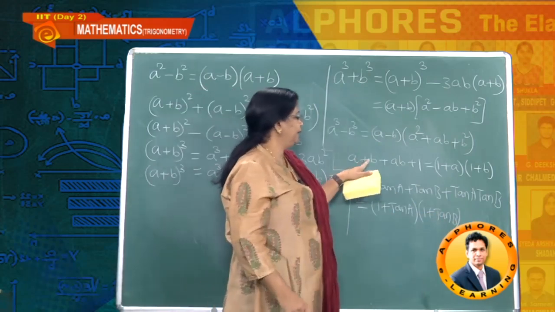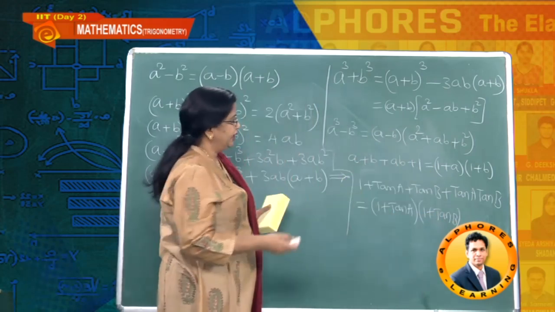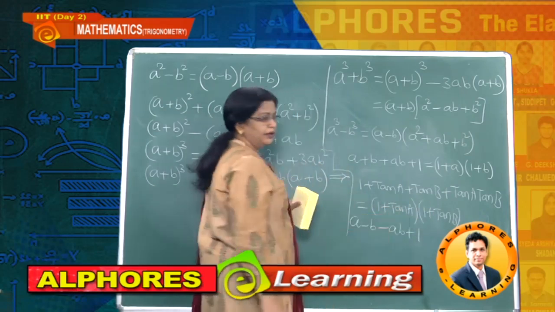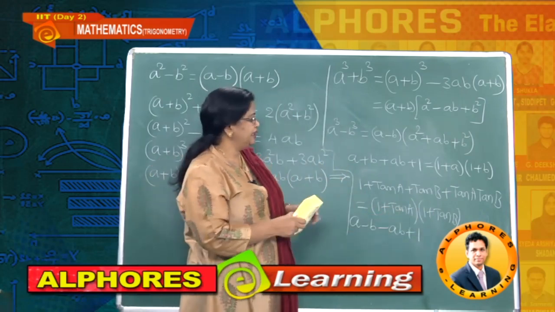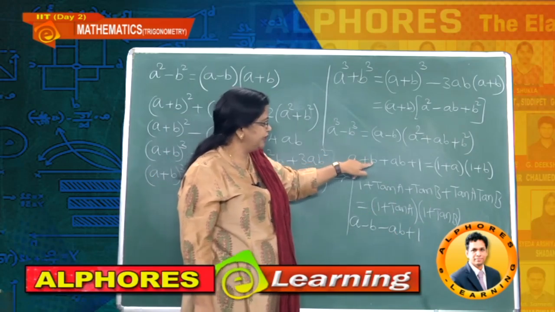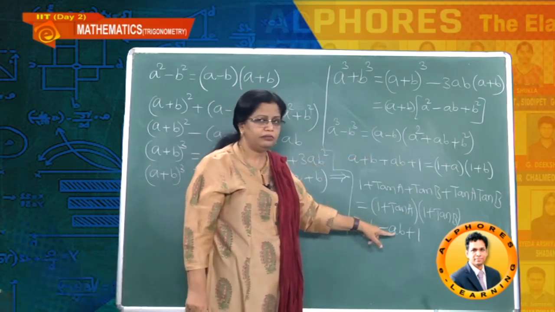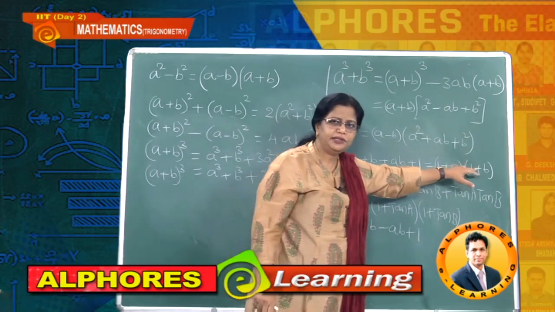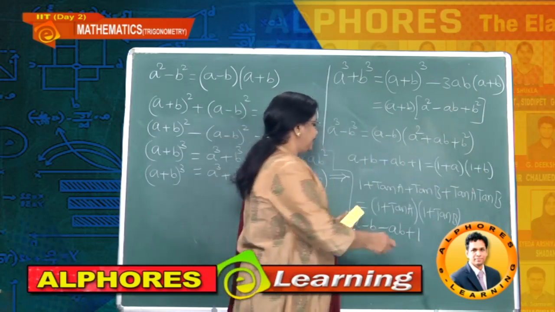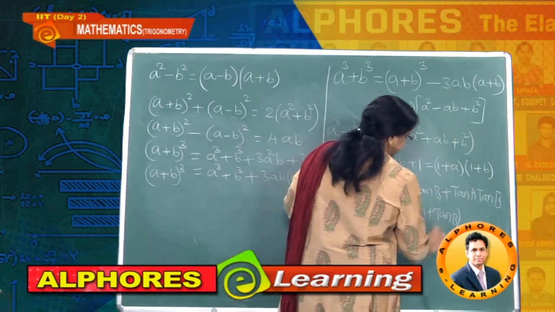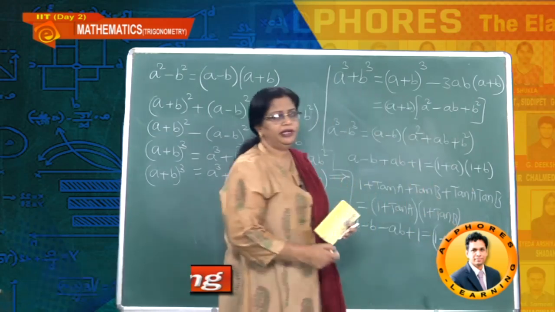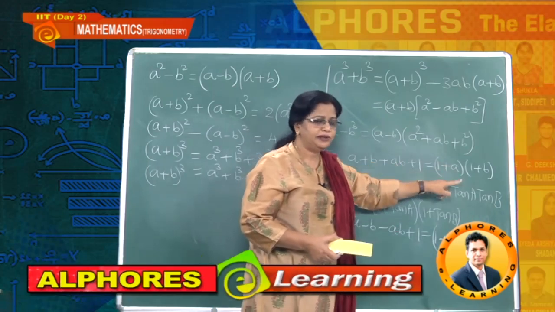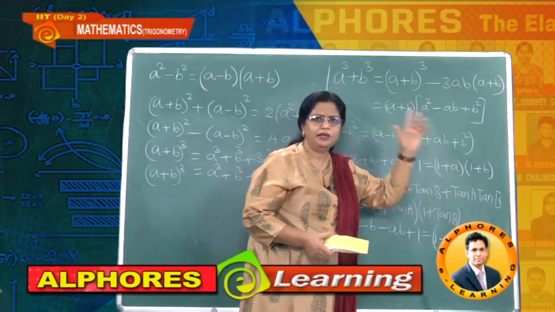So here you observe a plus b plus ab plus 1. And suppose I write a minus b minus ab plus 1, then also you just observe one thing: what I did here is I just replaced b by minus b, that is the only thing. So there, the magic you observe: 1 plus a into 1 minus b, directly you can write. So the formula is nothing to worry about, not a new formula, it is the known one only. We just replaced b by minus b, and in the answer also I just replaced b by minus b.